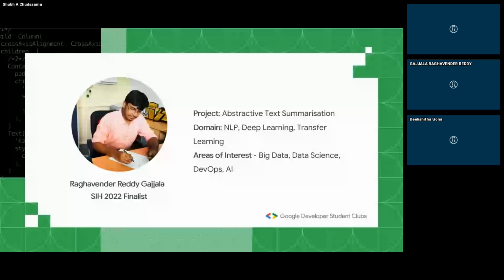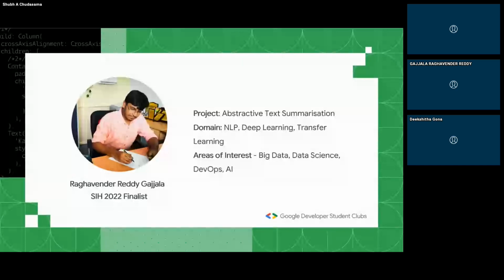But this time the count of participants is more. So obviously everyone in the group has to speak. If you don't speak, assume that you're not going to be selected. So choose teammates wisely, as the previous speakers have already mentioned, so that everyone can speak, whether they know or don't know, that's another thing. If you don't speak, that's really a problem for you.